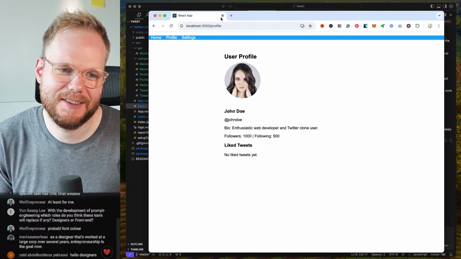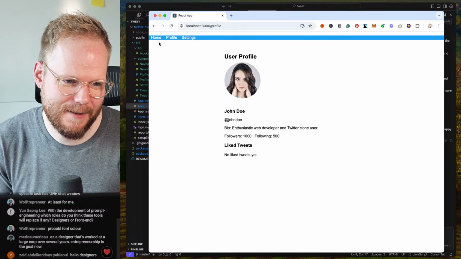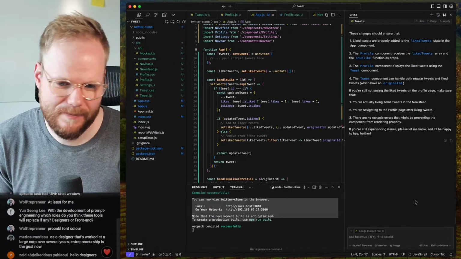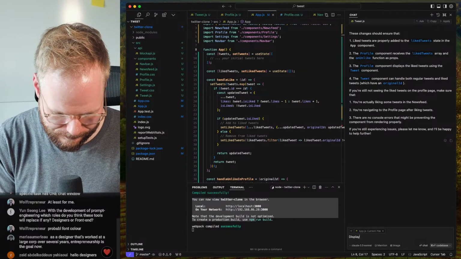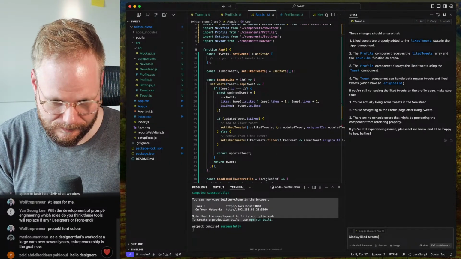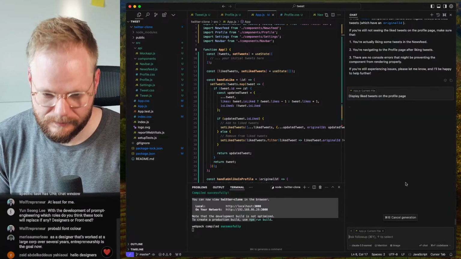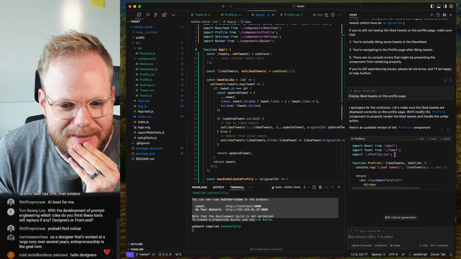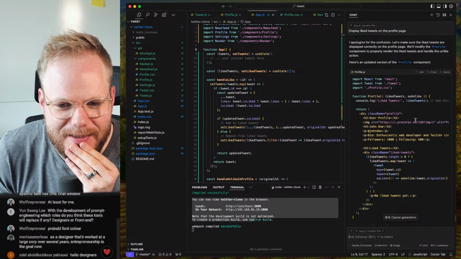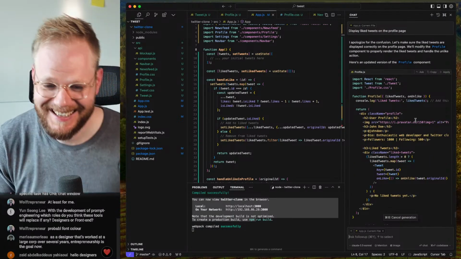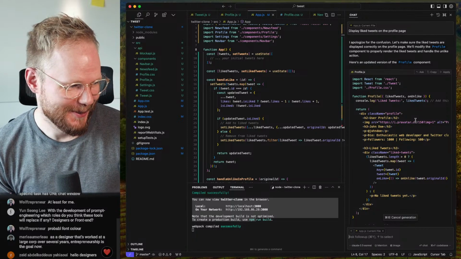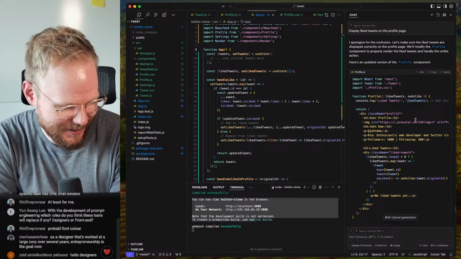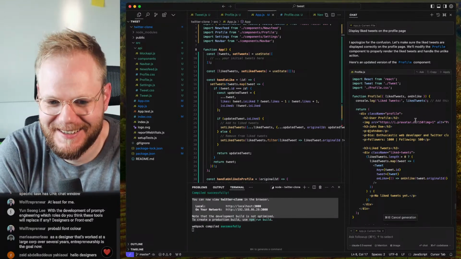No, still doesn't add. Let's try again. Now we need to make this. That's the beauty, or a dark beauty, of the code, that you need to now make